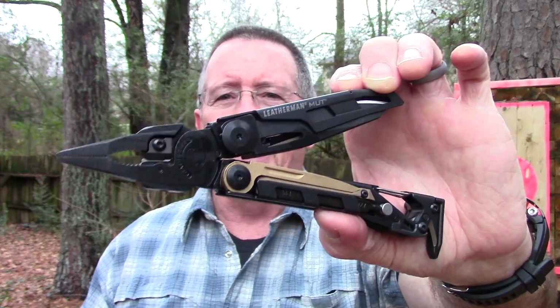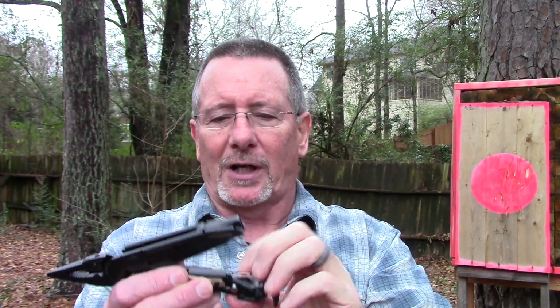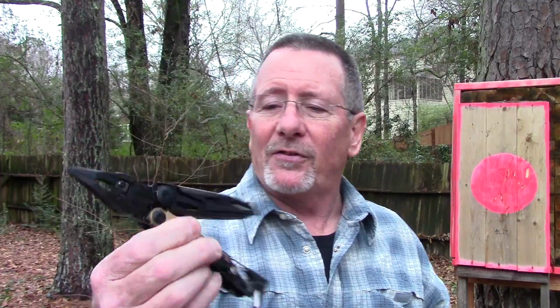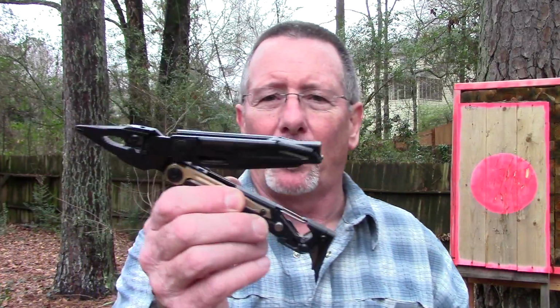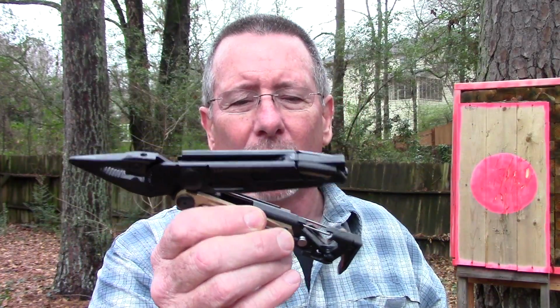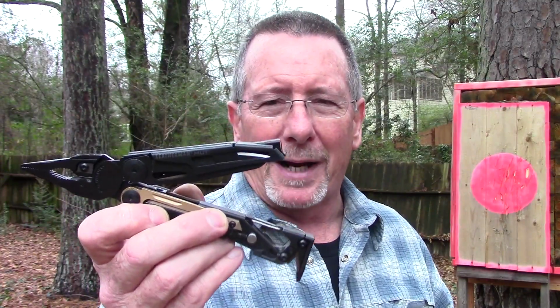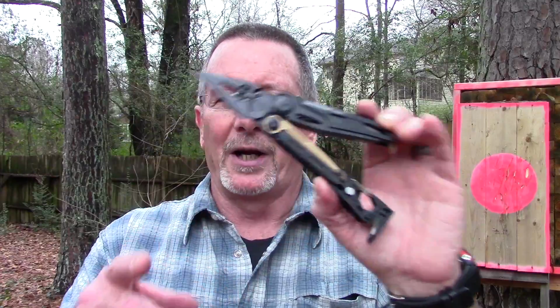So, the Leatherman MUT. I've been wanting one of these for a while, and I actually got in touch with the folks at Optics Planet, and they were kind enough to send me one so I could test it out. I won't say it's a task-specific tool because it is a standard multi-tool with a lot of the standard multi-tool features, but it also has some dedicated features which are very beneficial to firearms maintenance, again, especially in AR-15 style firearm. So instead of me standing here rambling, let's take it down to the old stump top. We'll talk about the features and all the different tools on here,